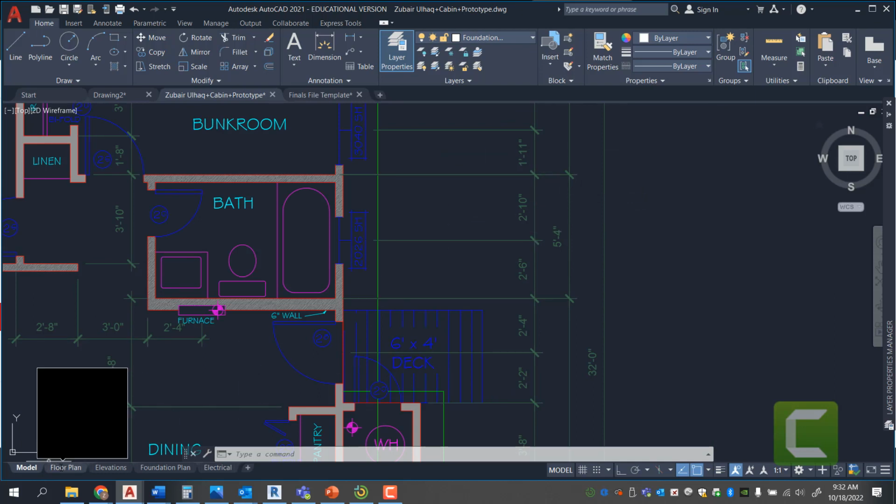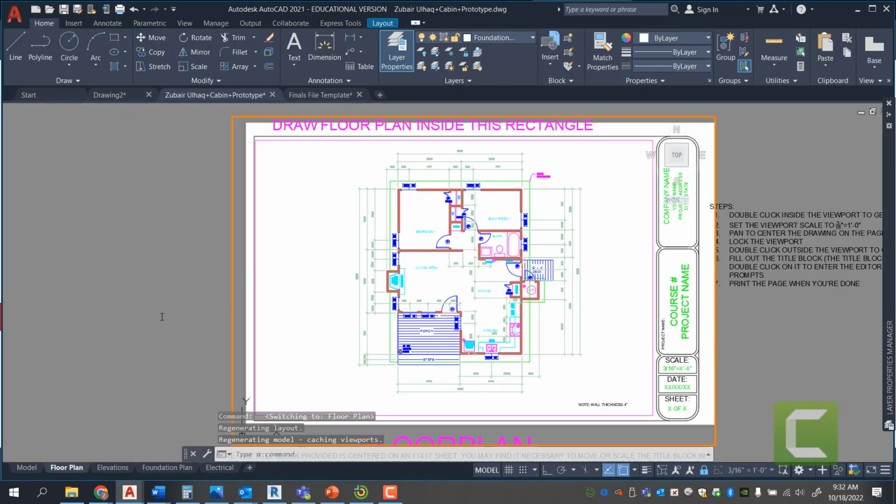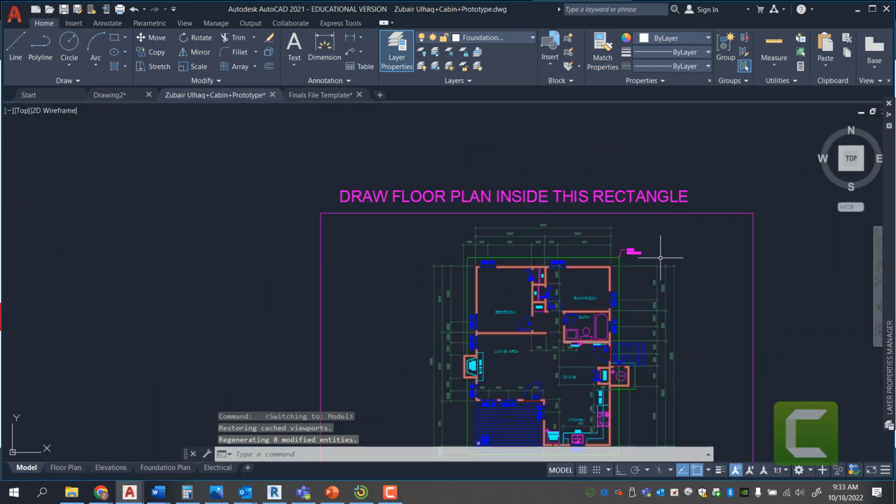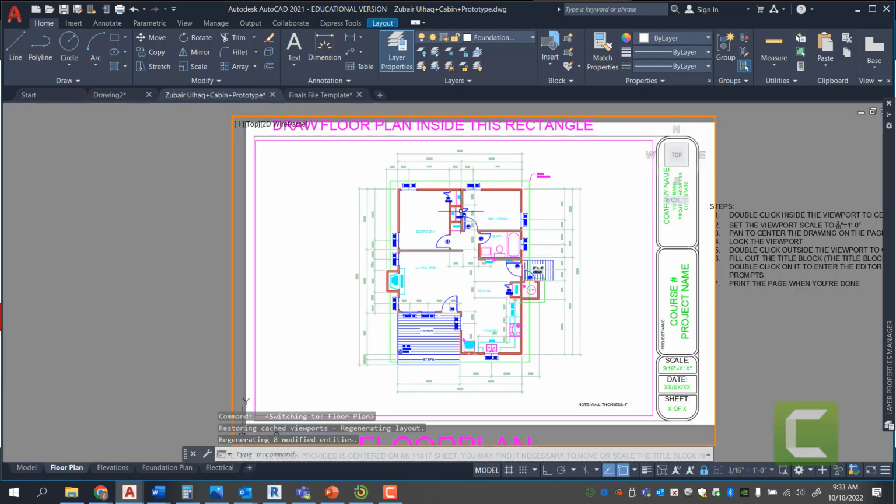Now, lastly, you can use your layers in model space and in paper space, by turning off model space layers. What I mean by that is we have an example of a viewport here that has the model space layer turned on. I don't want to see the draw floor plan inside this rectangle, as we can see here. So I can simply come in here, and in my viewport, I can type in layer, and this is my model space layer. So when I type in LA,